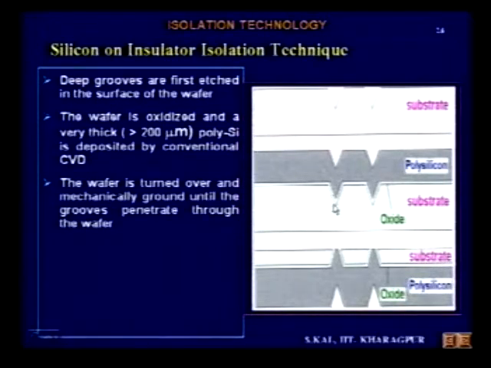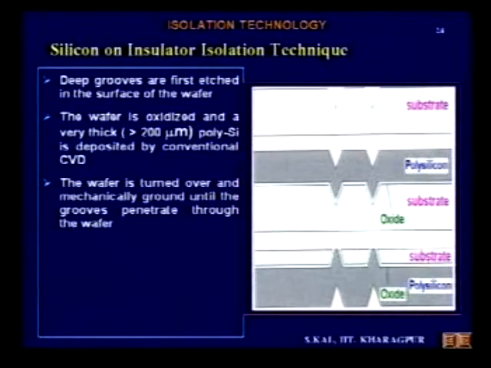Now the thin oxide is there. This is the thin oxide. Here is the thin oxide. Similarly, if you turn it upside down, this is the thin oxide. Here is the thin oxide. So this is the substrate. Here is the silicon, here is the silicon, and here the polysilicon is the base material now. Polysilicon is a container, you can say. It contains the silicon substrate, and in between polysilicon and substrate there is a thin layer of silicon dioxide, and this thin layer of silicon dioxide covers the entire periphery. It is completely dielectric isolated.